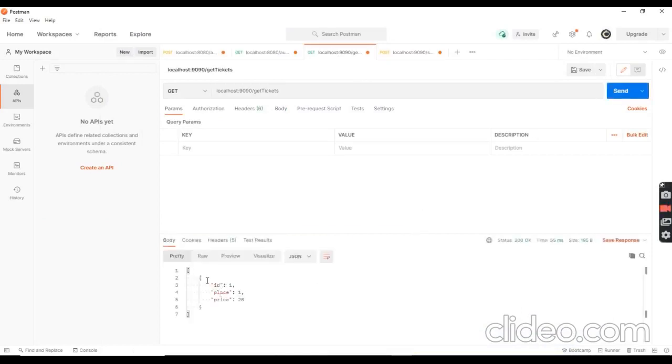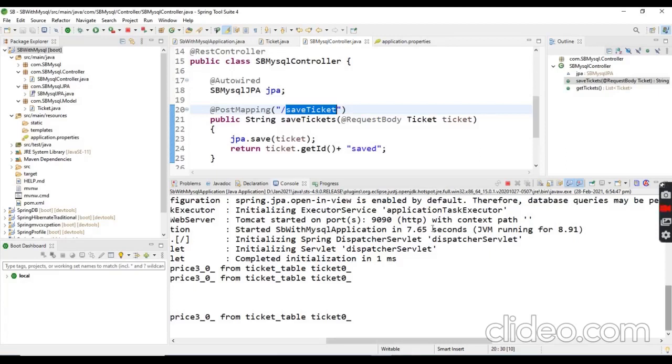So our next step is, now let's read the objects from the database. Yeah, I have already given a request. It returns the current objects which are saved in the database table. It returned one object which was just saved. Yeah, it's done. So in this way we can configure MySQL with our Spring Boot application.